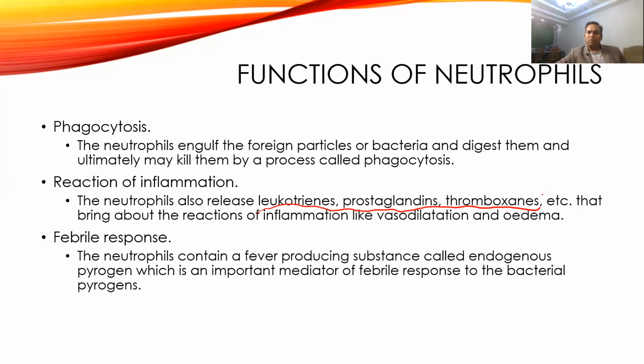Then neutrophils also release substances called pyrogens. Pyrogens are substances which increase the body temperature or which produce fever. Another name for fever is pyrexia. So substances which can produce fever are called pyrogens. These neutrophils release various substances that act as pyrogens. Along with that, bacteria also release pyrogens, called bacterial pyrogens. Together, they act on the CNS, increase body temperature and create a fever.